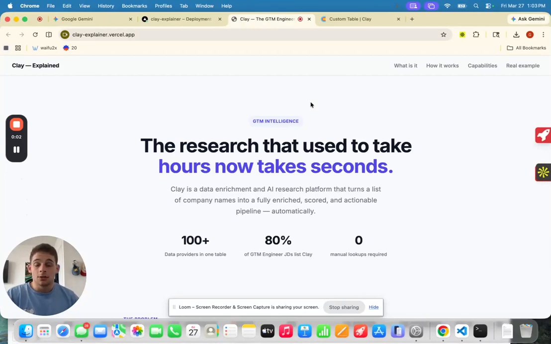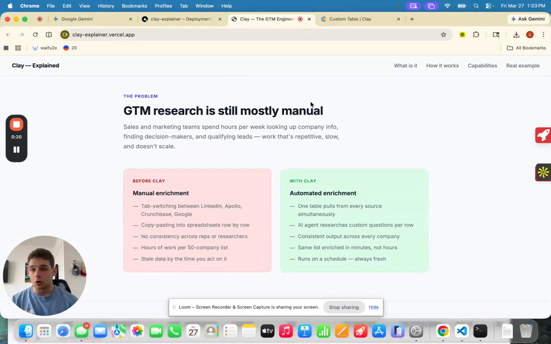How's it going? So the next thing that I want to talk about, which I've seen online a lot of people are using now, is Clay. The research that used to take hours now takes seconds, and this is specifically with tools like Clay that really help with data enrichment. When you look at go-to-market research, whether you're in sales, sports, entertainment, et cetera,